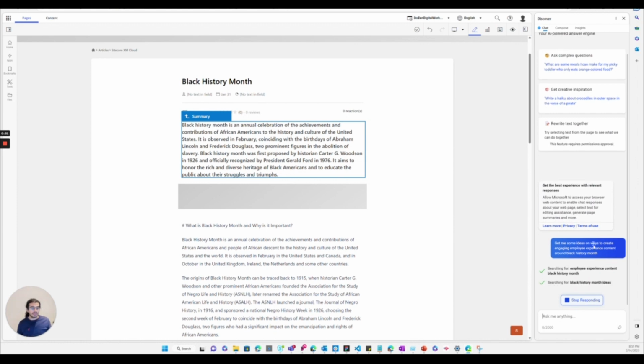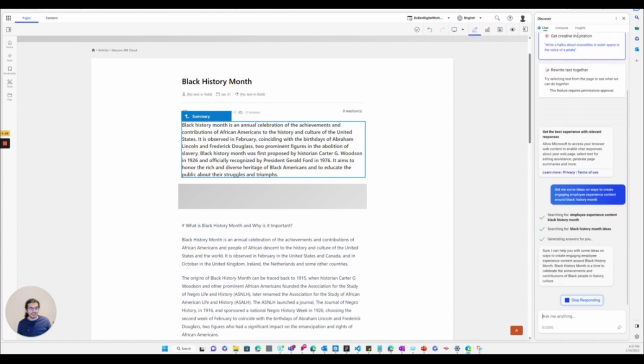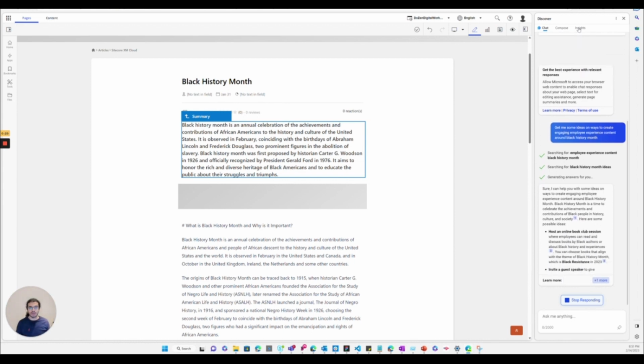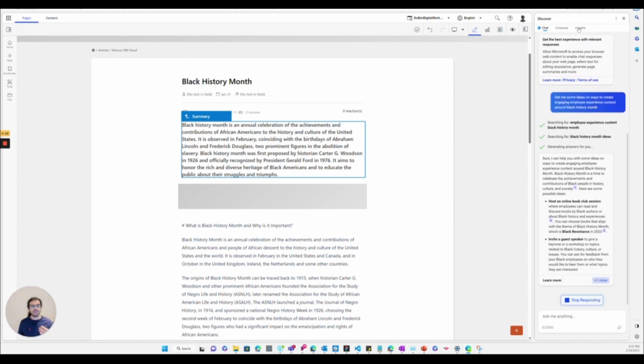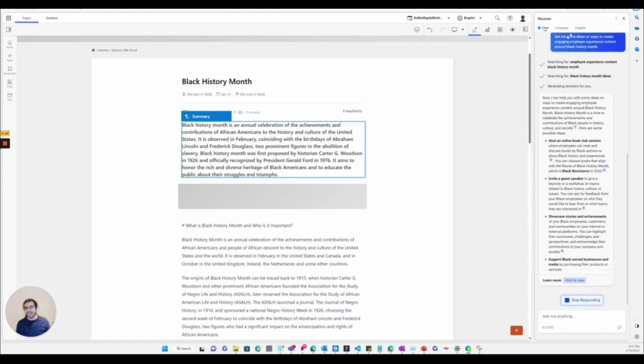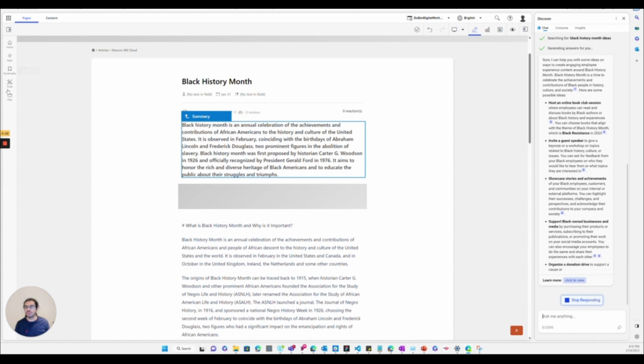One thing as well, the last part of these three Discover tabs that are new here is Insights. As you search for things, it can give you other suggestions of similar pages and some information about pages as well. So again, these are features Microsoft is using to try to help you in your content journey and content curation.